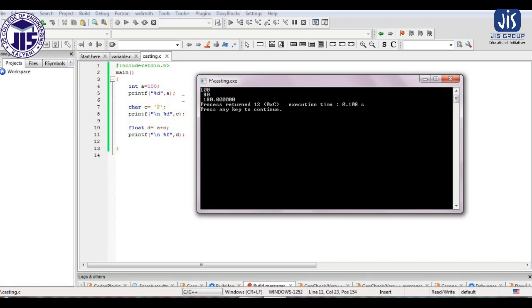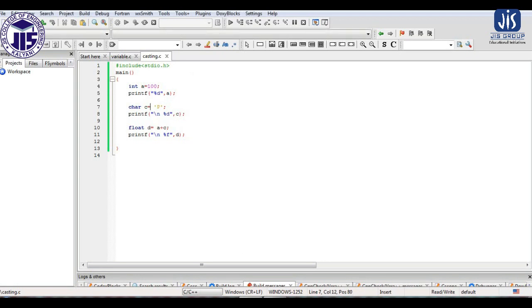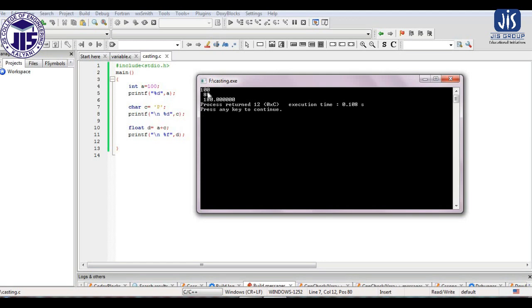So when I write A plus C, it means the value of A plus the ASCII value of P, which is 80. So the result we are getting is 180. And when we print, we are getting 180.000000. It means that the result we have stored in a float type variable has been converted into a float type.